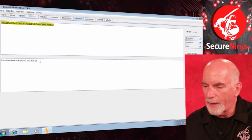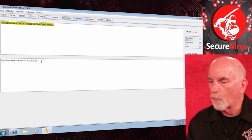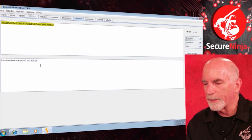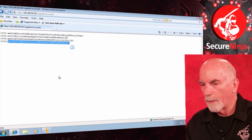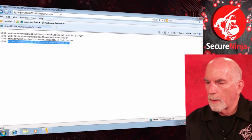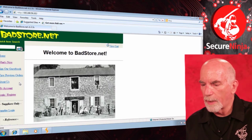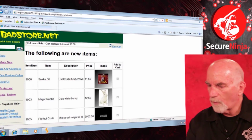So usually then I have people try to log in with these accounts. We found that this account has something to do more with the database, so in a sense it still didn't allow me to do anything with the website. So when I went back to the website itself, I found that I couldn't log in with that account,